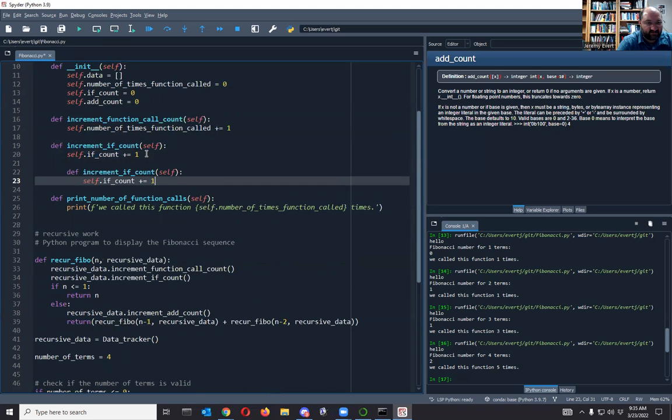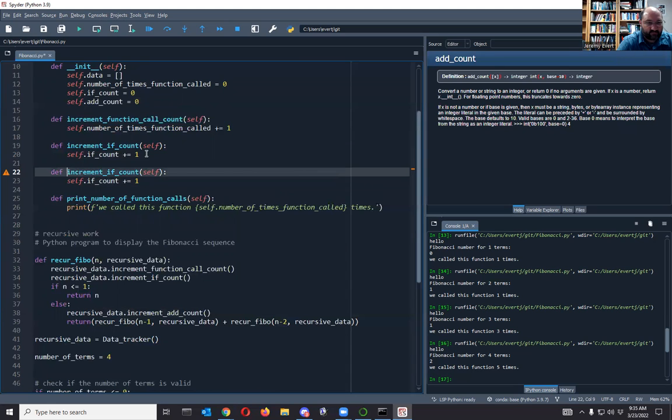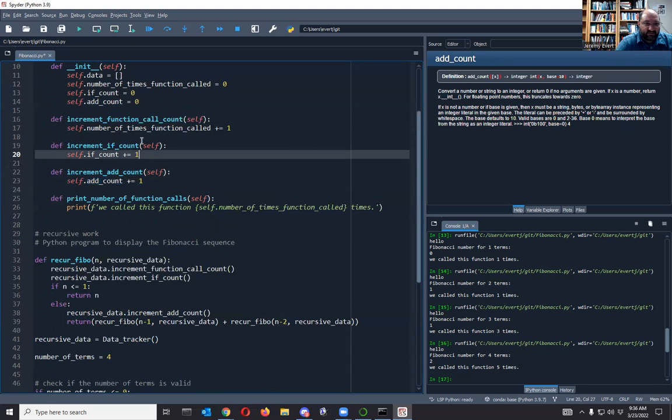Let's try to be as lazy as possible. Okay, so that's going to do our add counter, our if counter, and then we've got two subtractions here. So the way I'm going to do this,